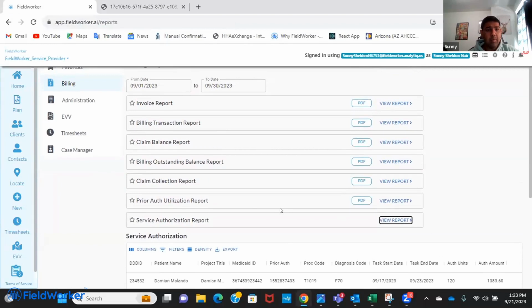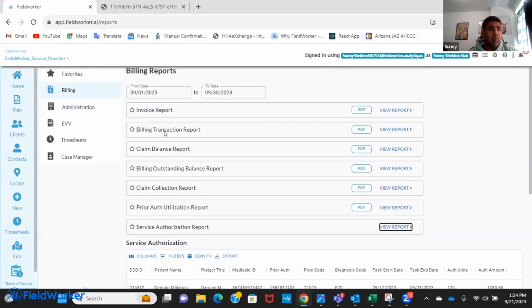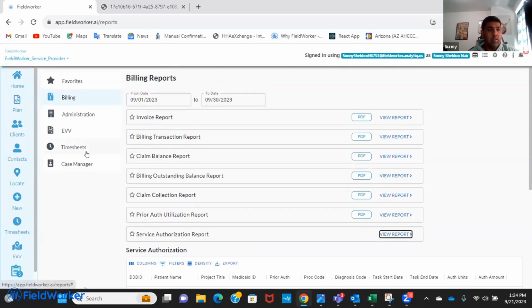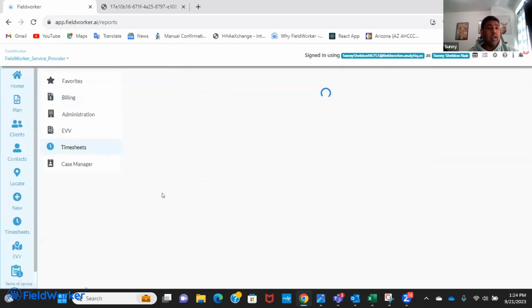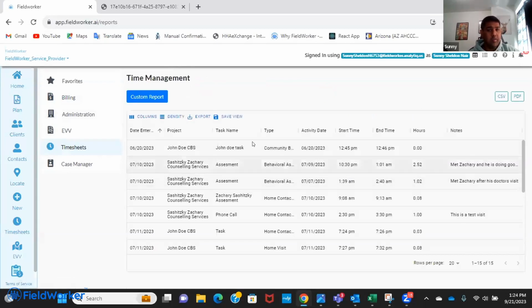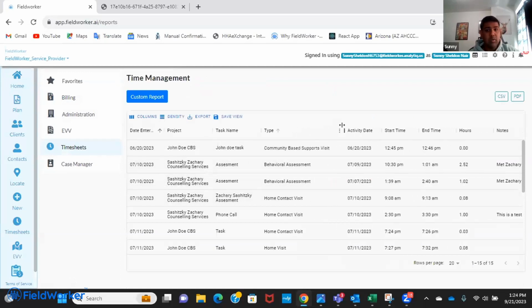Once the billing has processed, we also have a billing transaction report and an invoice report, which gives you the total amount that you are supposed to receive. We also have various timesheet reports, which walk you through the different time entered in for your employees. Based on hours or minutes that have been entered in by your employees, you would see this information with additional information of the task: what was the task name, the task type, what kind of service was performed.